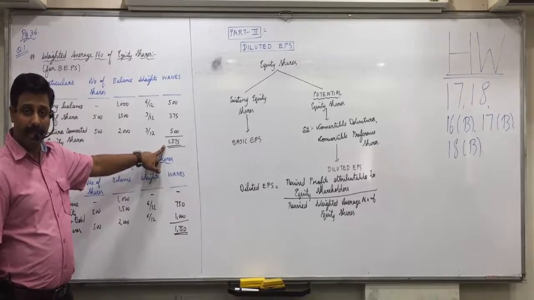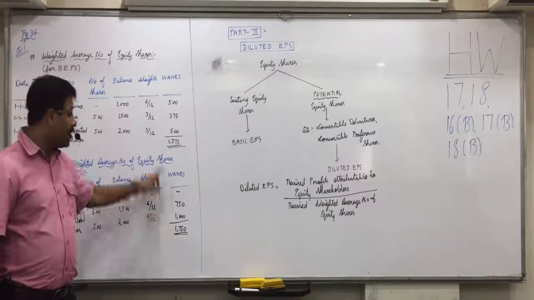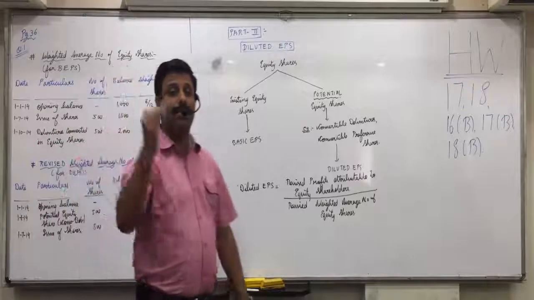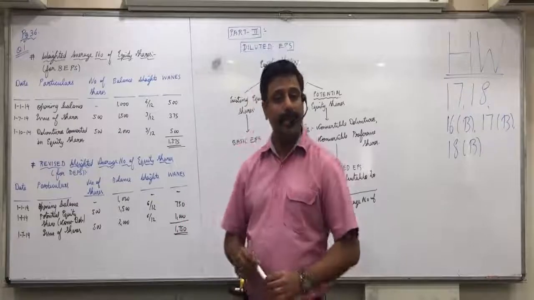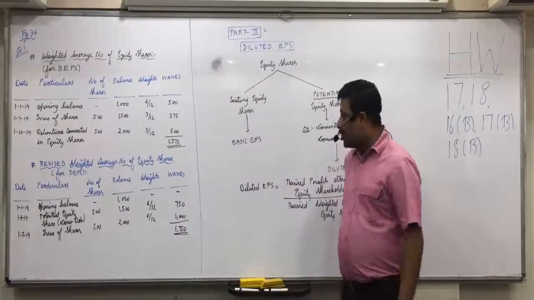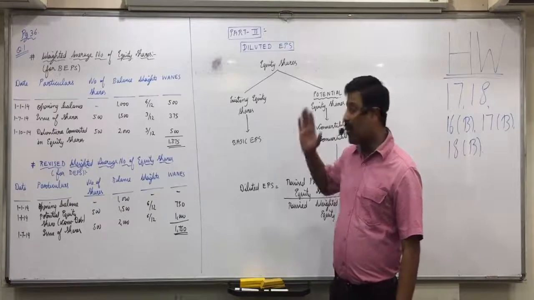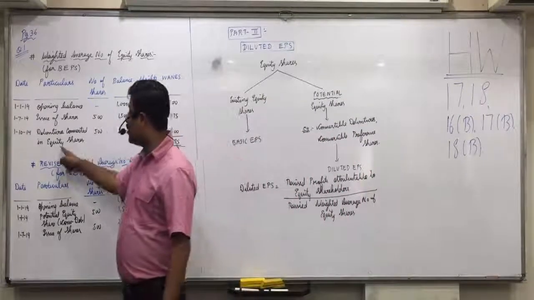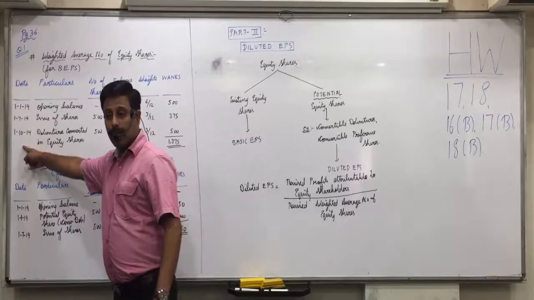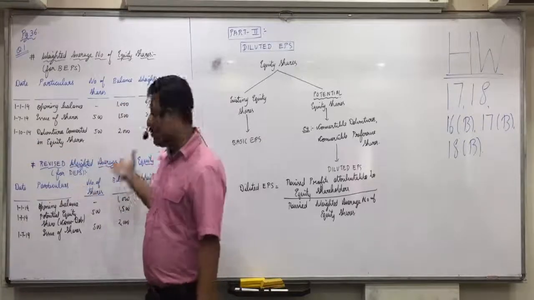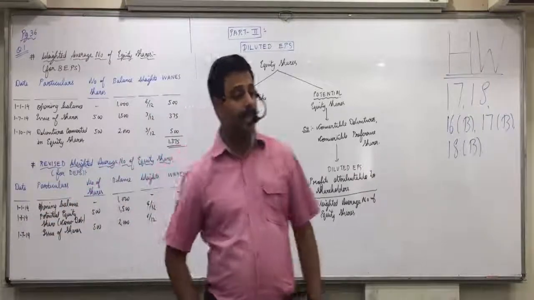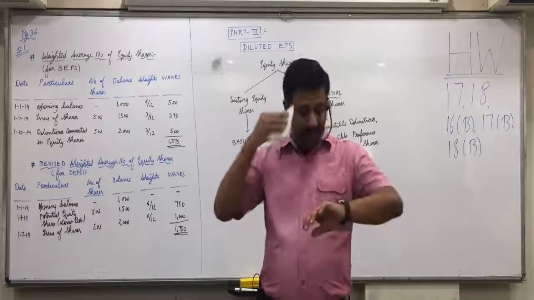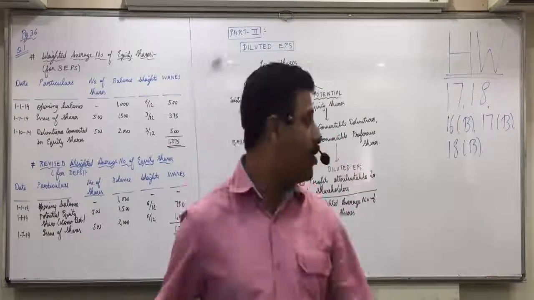Diluted EPS would be divided by more number of shares. If you divide it by more number of shares, would the EPS come down or not? Yes. That is called diluted EPS because it decreases. Did everyone understand this? So, any confusion with this question? For basic EPS, actually equity shares come into existence from 1st October. For diluted EPS, as a potential equity share, they already exist in the company from 1st January. Understood this? Completed. More practice on that we will do tomorrow. Already a lot of homework, so I am not giving it. We will do more practice tomorrow.